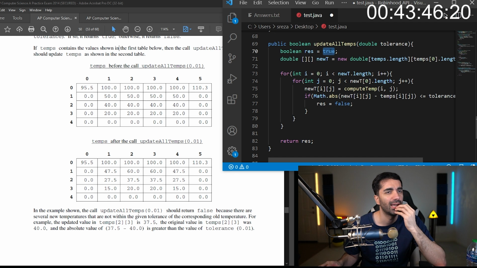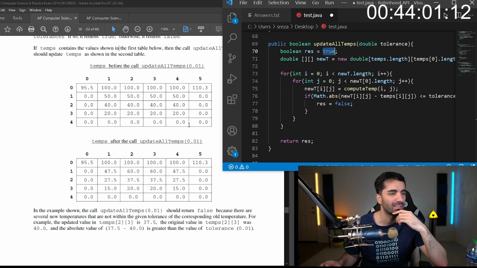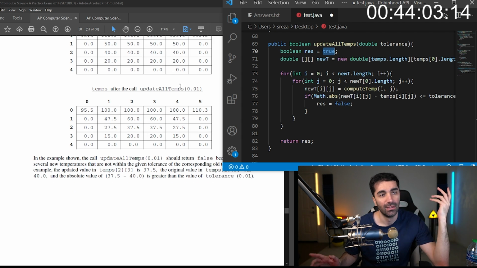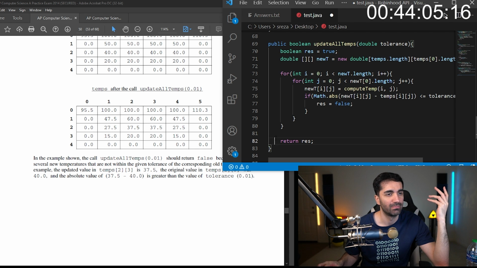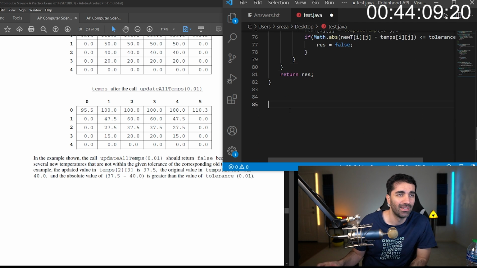Do we want to initialize it to true? I think we do. Yeah, it'll be true. If it ever goes in here, we set it to false. It just feels like it's very likely to be false. But I guess it depends on the tolerance. So, pretty satisfied with that answer.